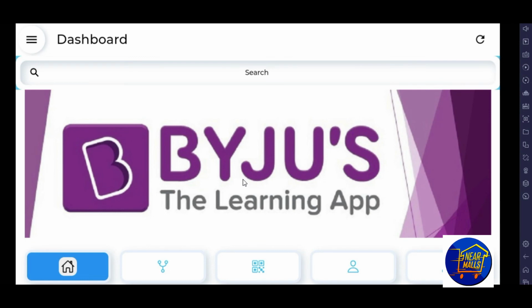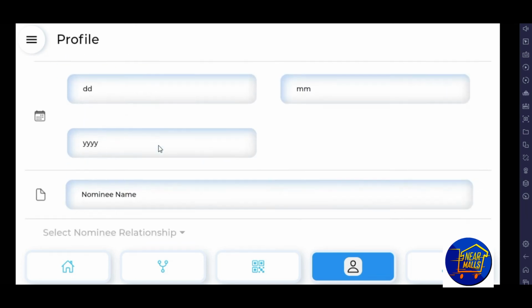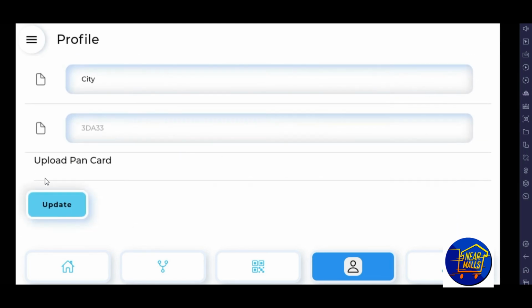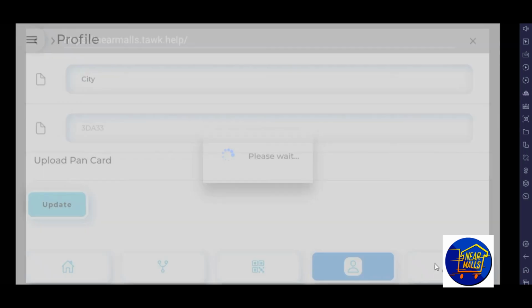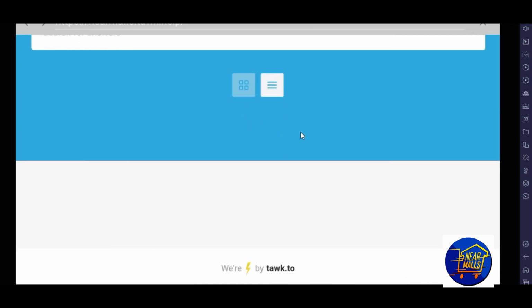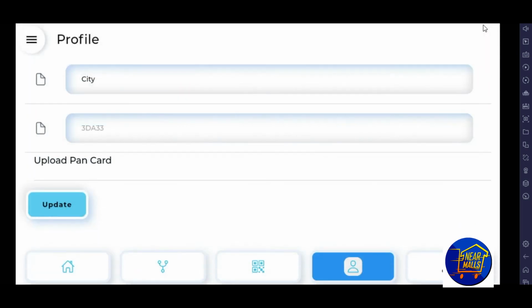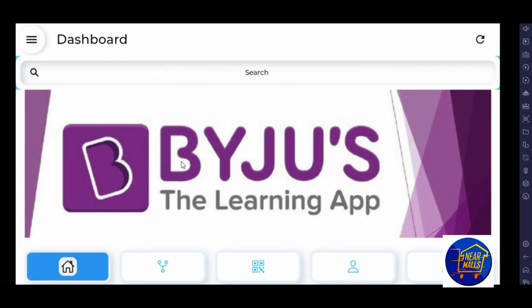Once you have completed the user registration, what you have to do is simple. You just have to complete your profile. In the drop down you can see the fourth option is your profile option. As I have shown, you have to fill in all the required details and update your profile. If you want to change something, you can go to the normal settings. You can ask for support. If you don't find anything, you can go and submit your ticket. The executive will call you back for the process.